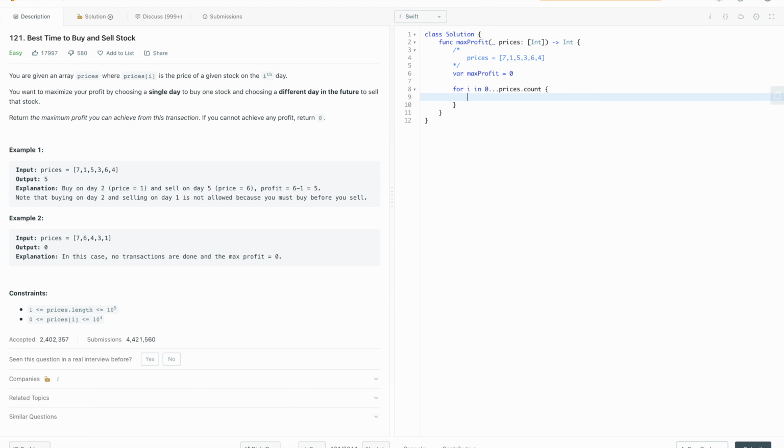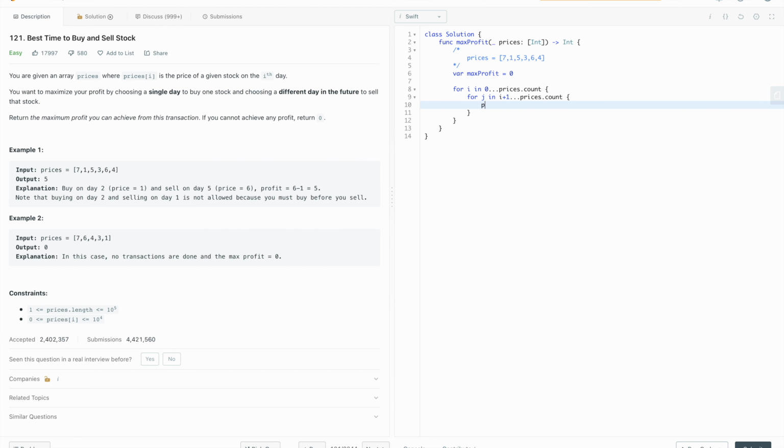Okay, and then we want to start from the next index to the end of the array. So for j in range i plus 1, oh, that's Python. So for j in i plus 1 to prices.count,